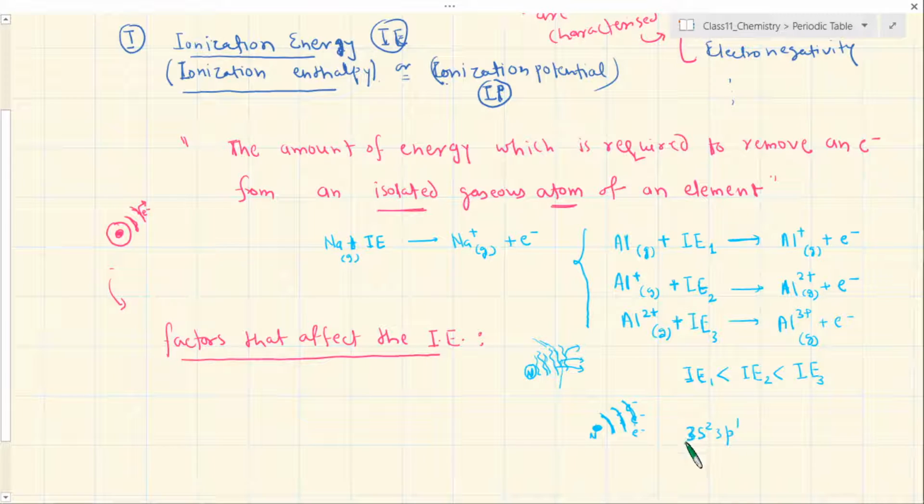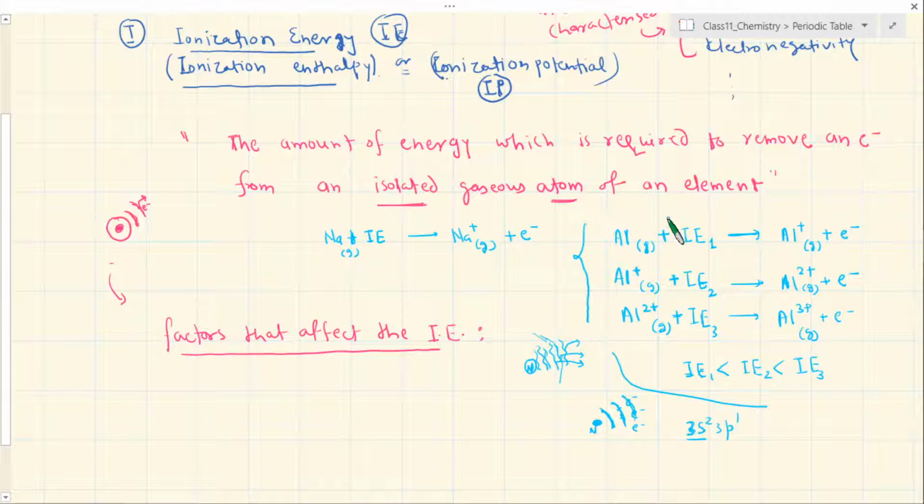So when the opposite spins are there, definitely they are moving in opposite directions, but they are still moving across each other. Think about that, because they are sharing the same space, the 3s. When they are sharing the same space, 2 waves, they must be moving across each other. And if they are moving across each other, definitely they must be protecting each other a little bit from the influence of the nucleus, right? So if one of them is gone, then what do you think will happen? The next one is less protected. It's like that. Make sense?